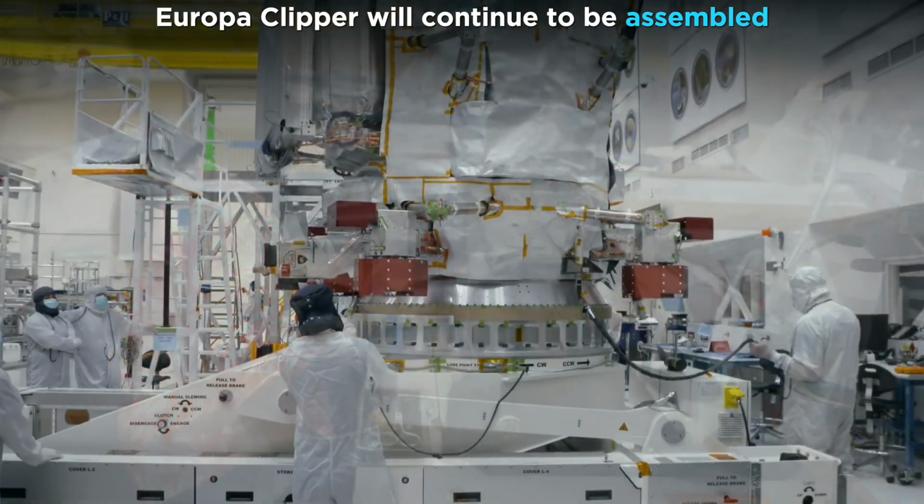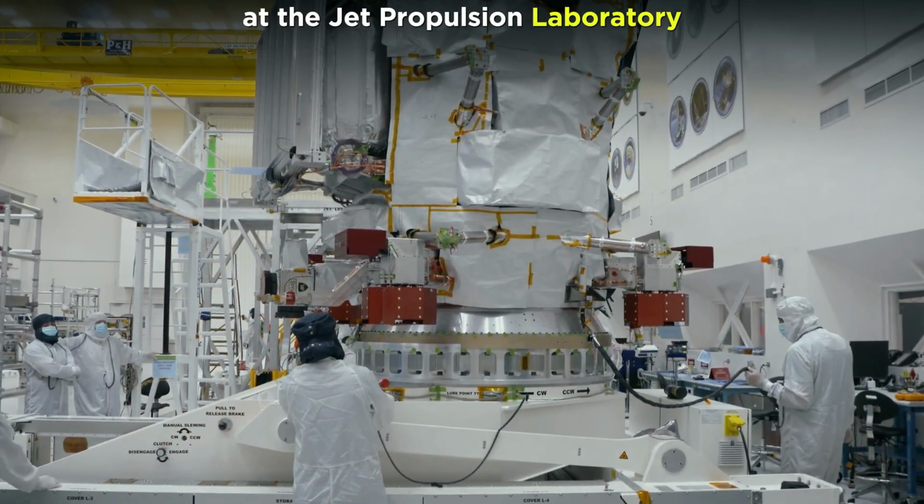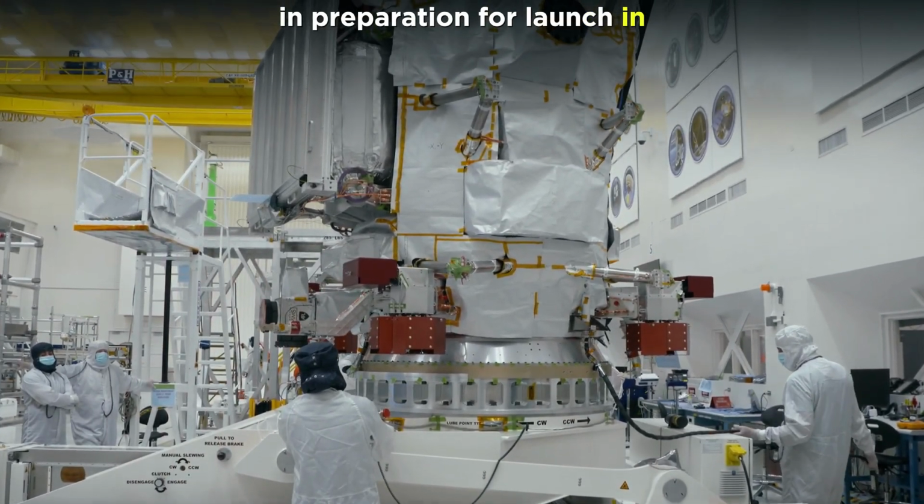Europa Clipper will continue to be assembled at the Jet Propulsion Laboratory in preparation for launch in